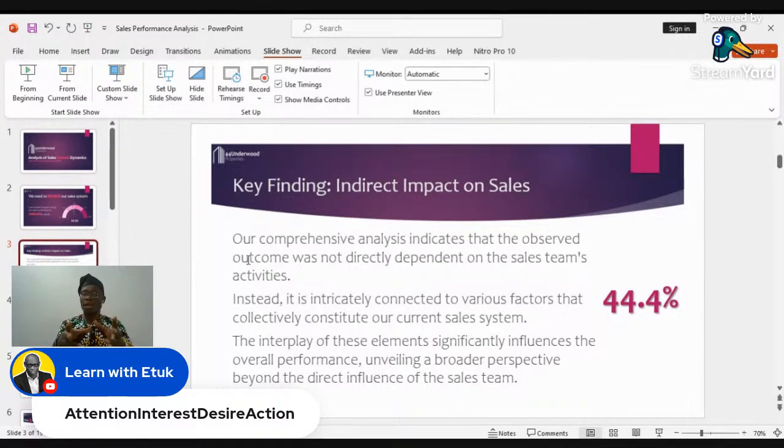sales team. So this second part we were saying, which is something we knew before now, that they based their analysis on the sales team. We said the performance is not so much a result of the sales team, but because of an error in the system. That is why we want them to review the system.